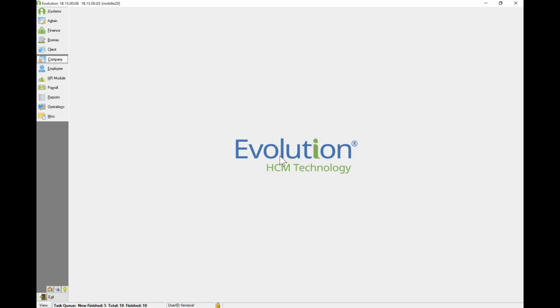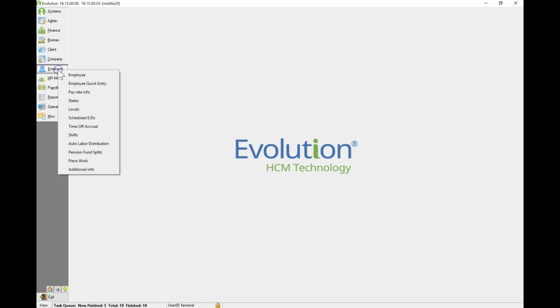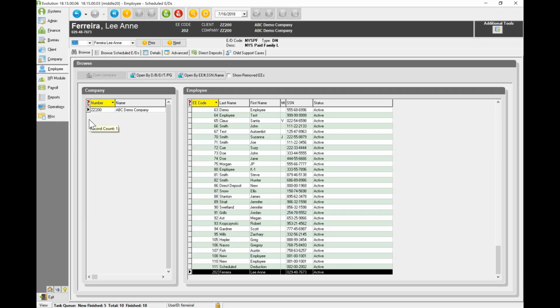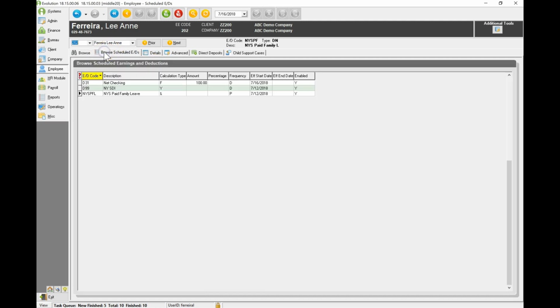Welcome to Payroll Country. Today we're going to take a look at entering in a new scheduled ED for an employee in Evolution Classic. We'll start by clicking on the Employee button on the left-hand side and then Scheduled EDs from the menu that pops up. I'm taken to my list of active employees where I can select the employee that I would like to work with from the grid. And then I'm going to select Browse Scheduled EDs to show the current setup for this